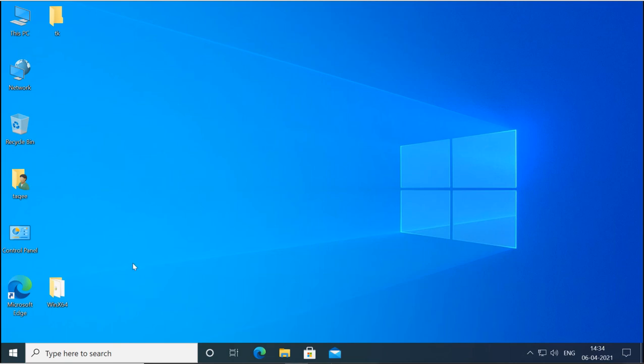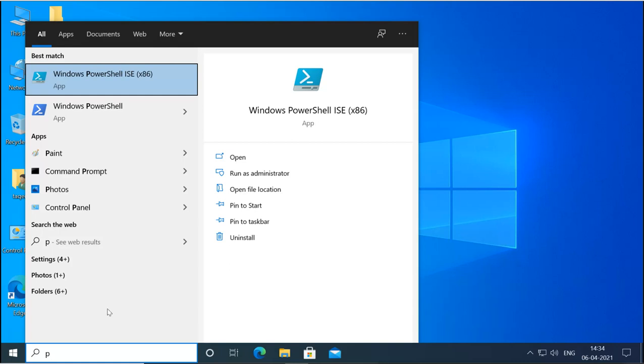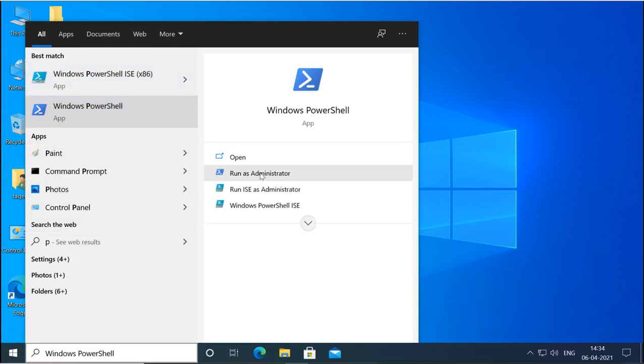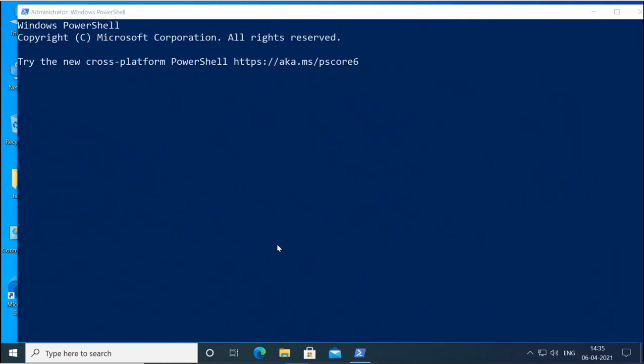So I am opening the PowerShell. So this is your PowerShell. Whenever you see this PS here, that means it is your PowerShell. It looks like your CMD command, but this PS means it is your PowerShell.